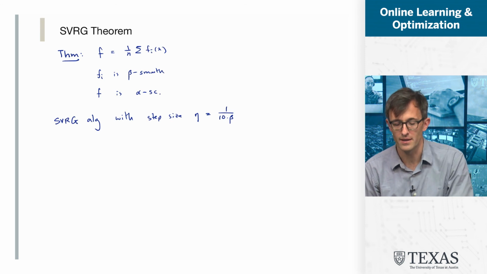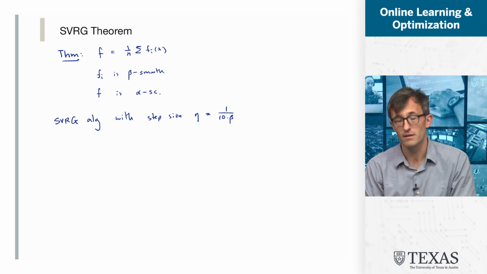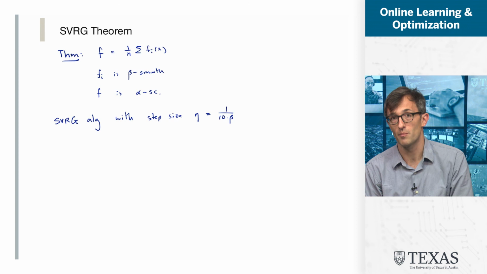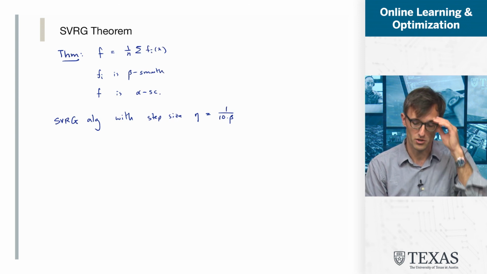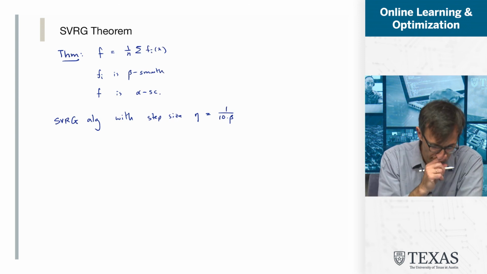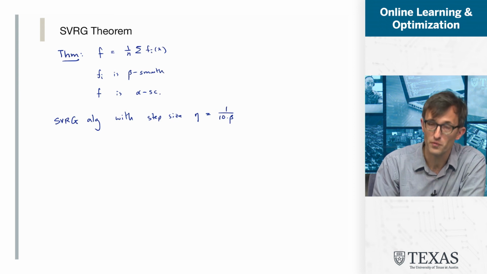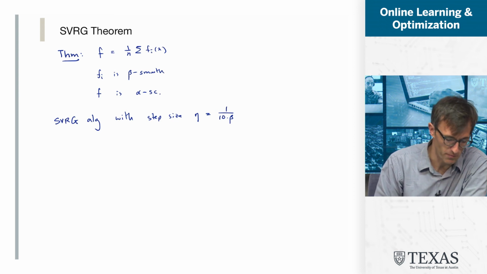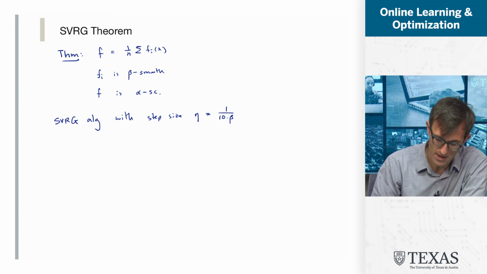So this is something different, and this is what we should be focusing on. This should be telling us that we are back in the territory of smooth and strongly convex functions, and we better expect the self-tuning property, otherwise we're not going to get any kind of convergence that we like. Okay, so step size 1 over 10 beta. Again, the key is the 1 over beta. And the number of